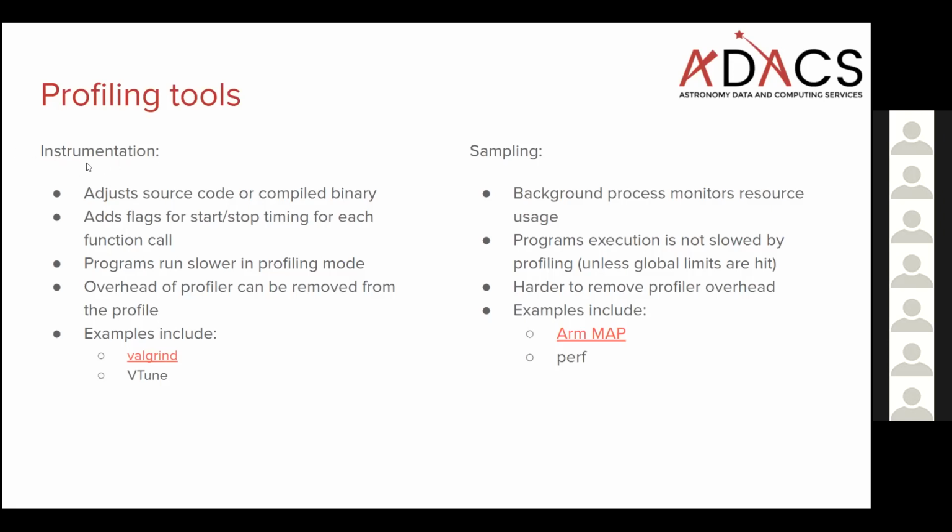This instrumentation approach can be extremely accurate because, particularly for the ones that insert things into the source code, you know that you're only measuring the actual code that's being run